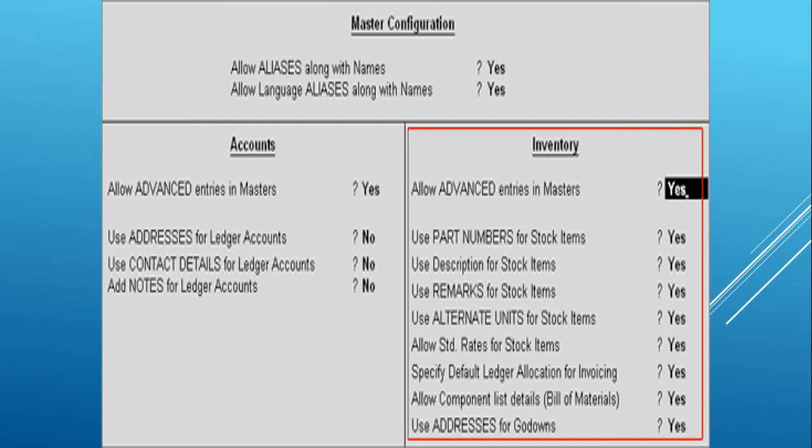Use addresses for godowns. By enabling this option to yes, it allows us to provide the address for the godown. So all these options can be enabled or disabled based on the company's requirements.